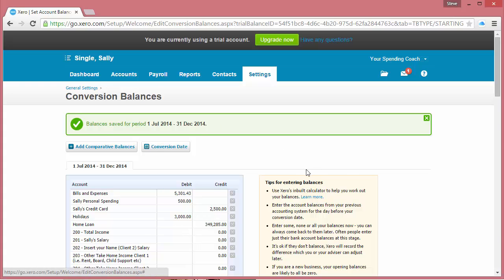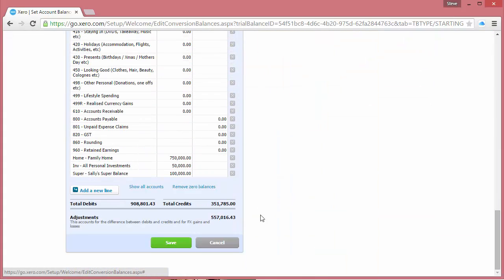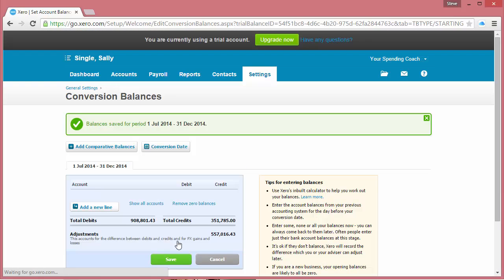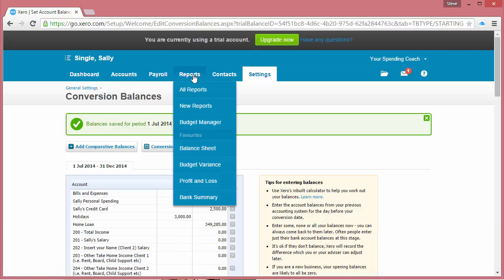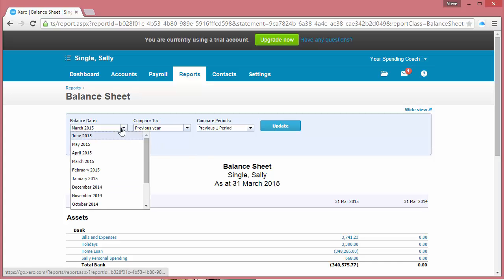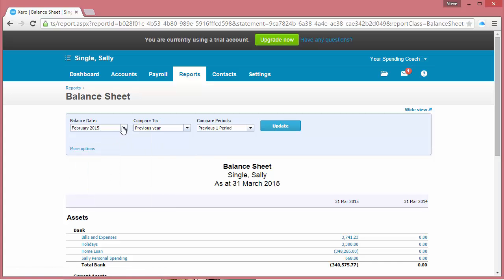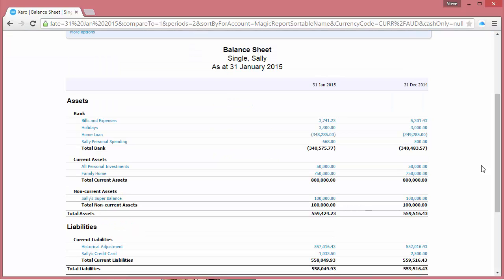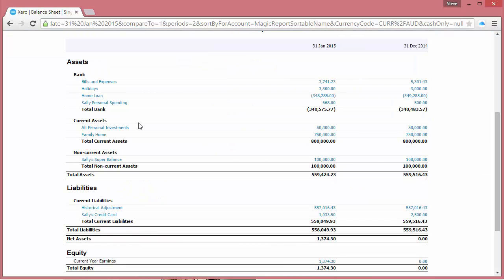So you can see it's saved. Just check down the bottom. There's your adjustments. So total balance, total assets is 908, liabilities 351, and there's your difference there. Now you can go back and do your balance sheet again. So there's your assets in total,